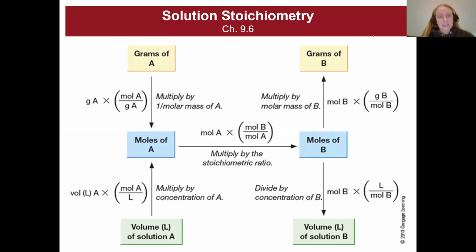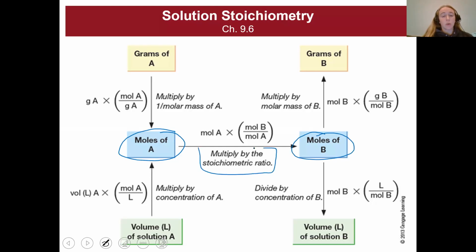All right, howdy class. So I want to start by showing you this flow chart again, and I want to walk you through how to use it. So in chapter 8, we learned about stoichiometry for the first time, and we started by just doing moles of A to moles of B, and you multiply by the stoichiometric ratio or mole ratio, like we do every time. To go from one substance to another, we have to use those mole ratios, meaning we have to have a